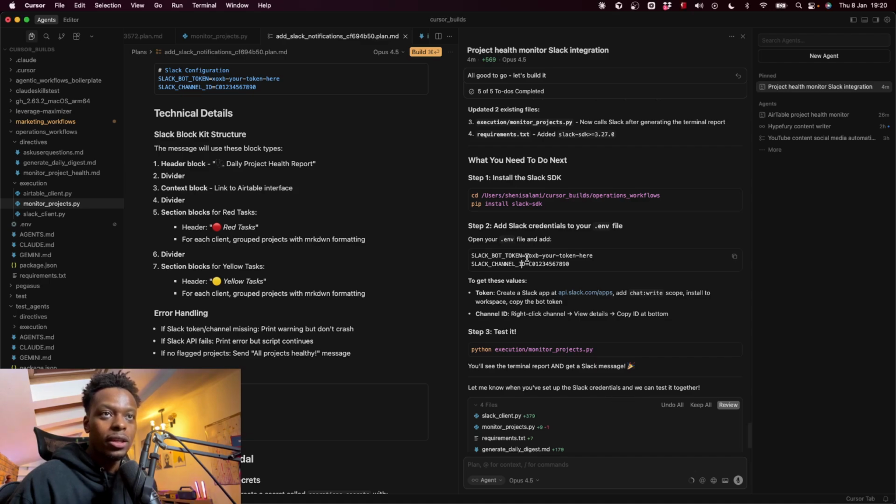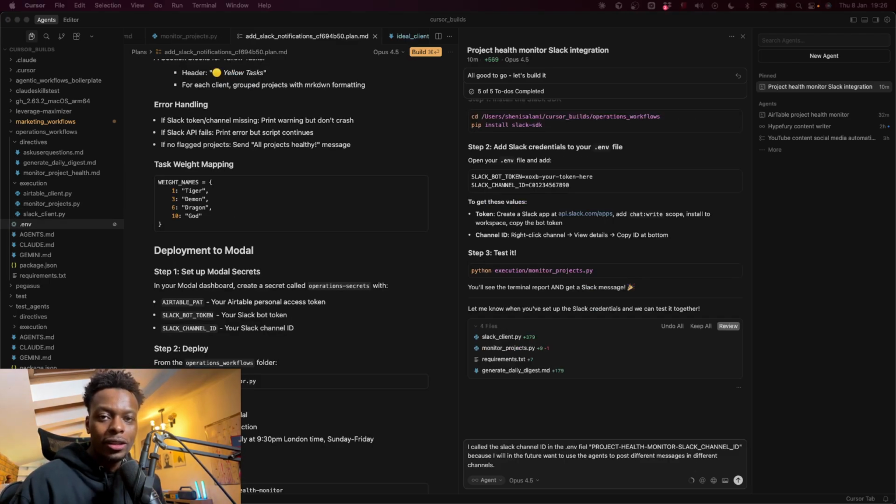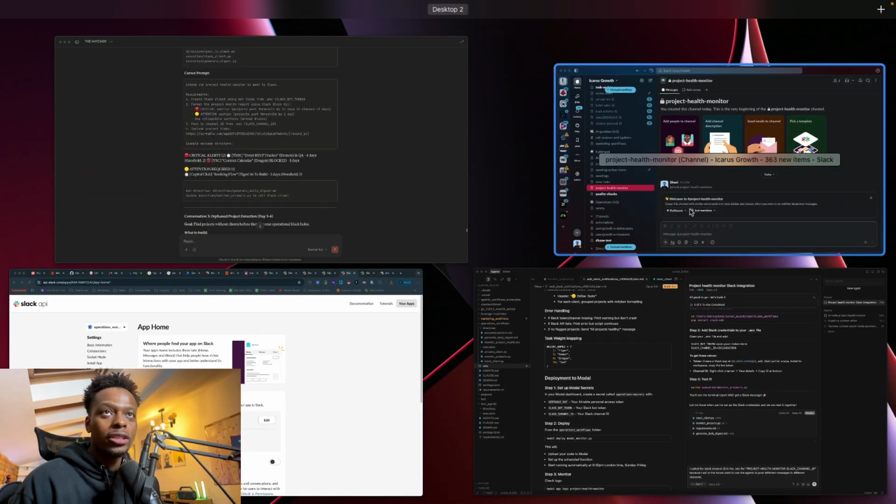Yep, it's the XOXB Slack bot token. Your token goes here, and then it's the Slack channel ID that's also going to be needed as well. So I would have to click into the .env file and then add those. So we've updated the .env file and I've changed over a couple of things inside of Slack, including creating something